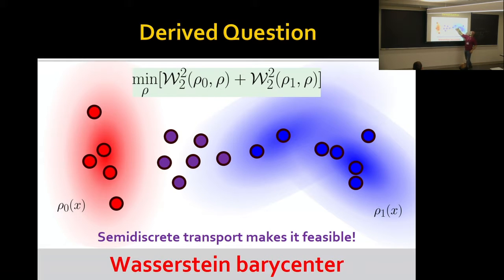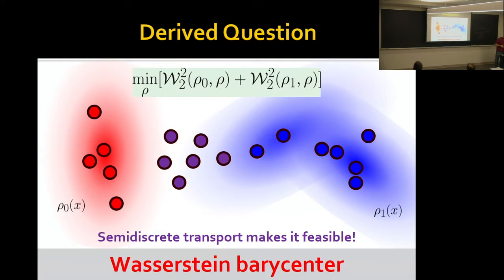So here I've shown you the definition of what it means to average in Wasserstein space. We have rho 0 and rho 1, so the average is the thing that's at the midpoint between those two. The question is, if I have a procedure for sampling from rho 0, and I have a procedure for sampling from rho 1, can I come up with a procedure for sampling from the barycenter? And that's what you would need in order to apply these tools to inference tasks. So this is still, to my knowledge, an open problem in general.